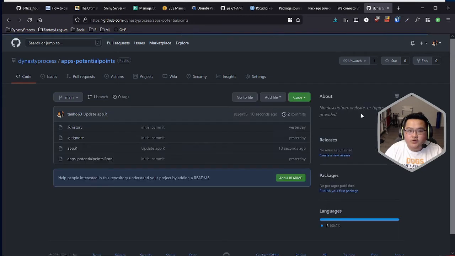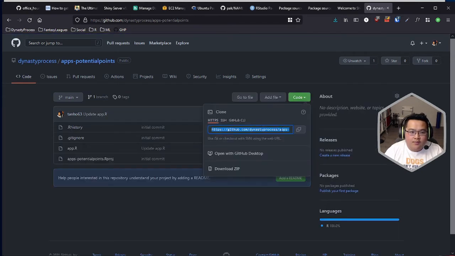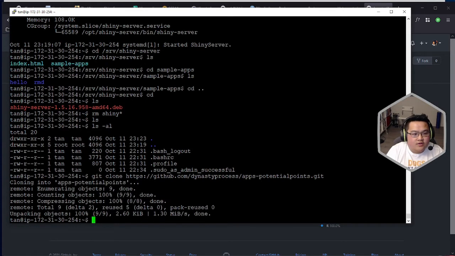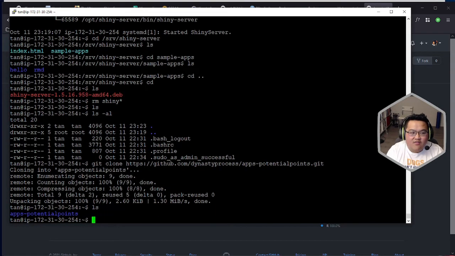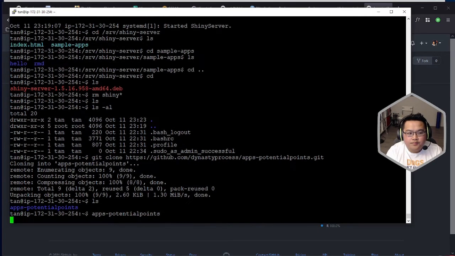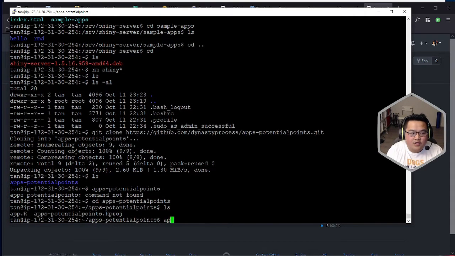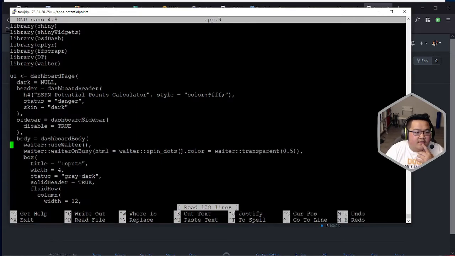And clone this repository. So you're probably familiar with cloning an app. It's the same thing with servers. You may not do it this way because you don't do git in the command line, but I generally just do this, git clone this thing, and then it will basically just download this app. So now you have a folder with the app's files in it. And inside you have app.R. So we'll do nano app.R,